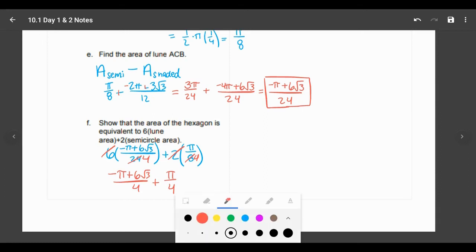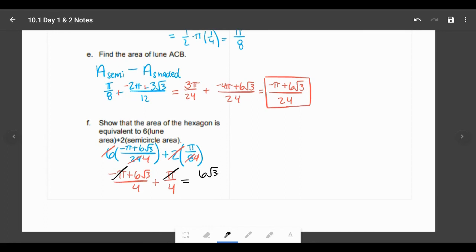From here, the negative pi plus pi are going to cancel out. So we are left with 6 root 3 over 4, which is equal to 3 root 3 over 2. And yes, that is the area of the hexagon that we ended up finding in part